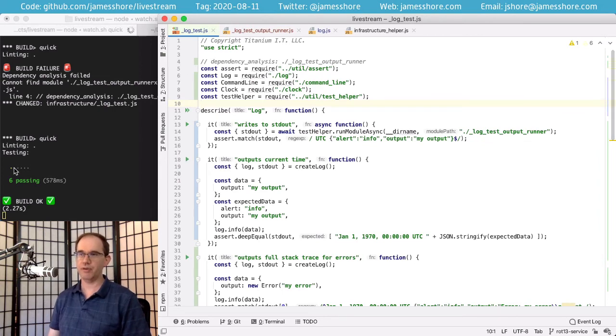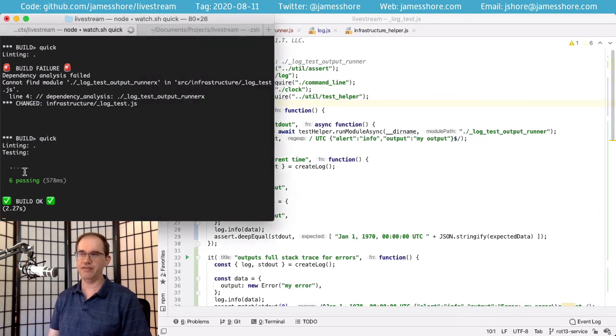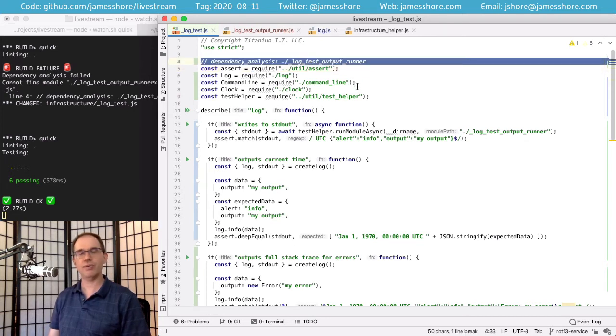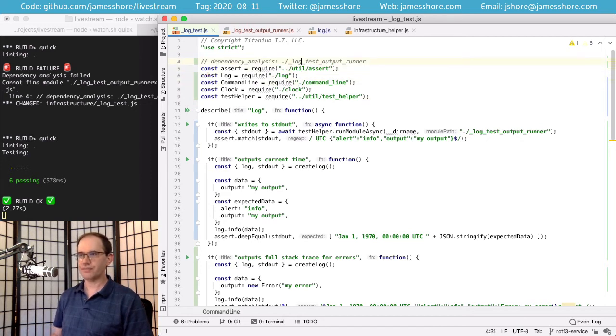This is just for my watch script. You'll notice that it only runs the tests in the files that have changed. And the way it does that is by doing an analysis of the dependency graph of all the code. And it does that analysis based on require statements, but for the log test output runner, we don't have a require statement. So we need something else. So that's what that is.